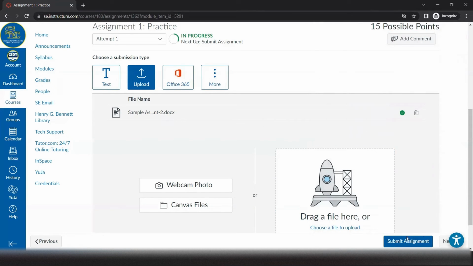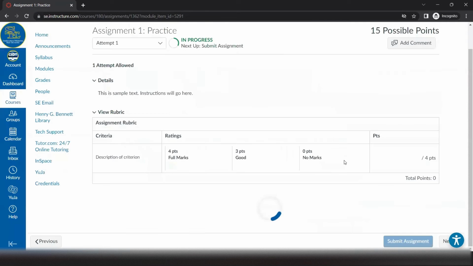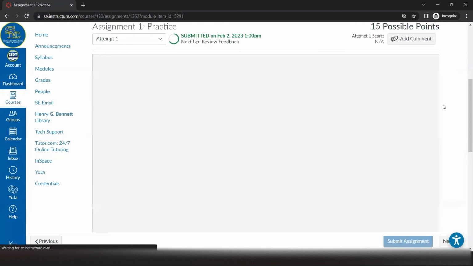If this is all I wanted to submit, I can push this Submit Assignment button. If you have something in two different areas, it will pop up this error that says only one submission type is allowed. Make sure that you are submitting the version you are supposed to submit. And again, if you need something that is a mixture of text and files, you'll want to use the text option, not this upload area. I'll push OK, and that will prompt the submission to go through,